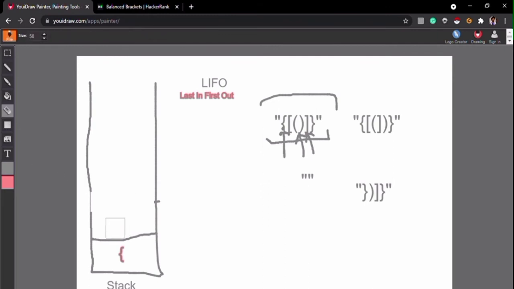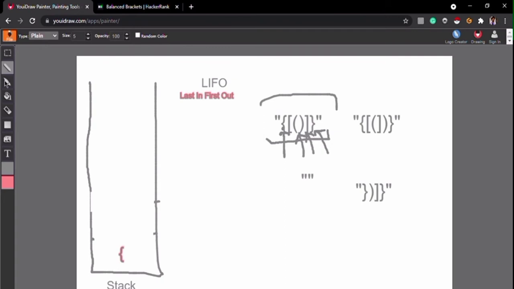Now there is only one element left in the stack, which is the opening bracket of curly braces, and we have to traverse only one element from the string. You can see that this is a closing bracket of curly braces. So this is the matching pair, and we pop it from the stack.